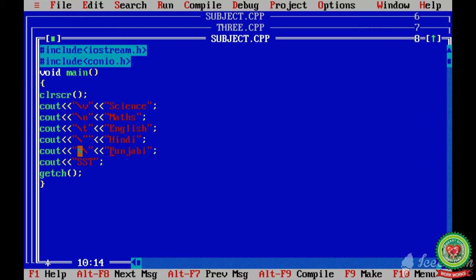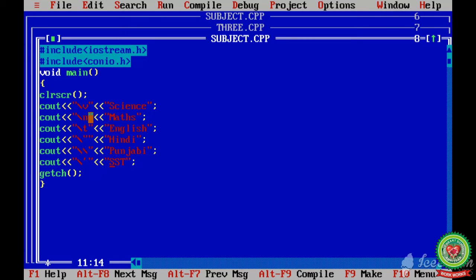The way of using these sequences is same, but every escape sequence has its different work. Next I want \ and single quote. I'll put it, put the sign, double quotes. Now see, I have used different types of escape sequence. First I have used \v for vertical tab.